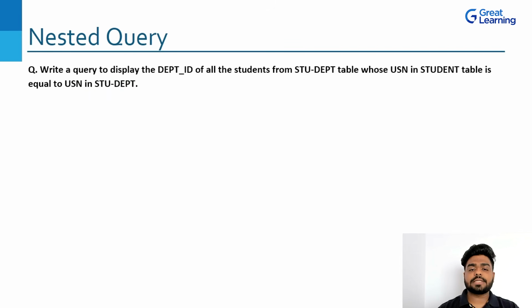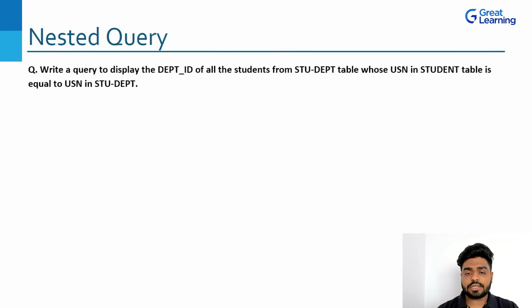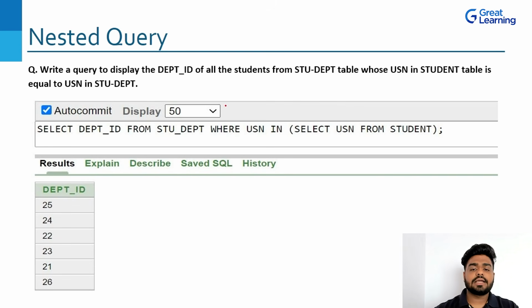So write a query to display the department ID of all the students from the student department table whose USN in the student table is equal to USN in student department. USN in the student table is the earlier table. Student department is this table. Okay. So what is the question here? The question is, we have to write a query to display the department ID of all the students from the student department table. Now understand, select department ID from student department, because that is what I need to see, where USN